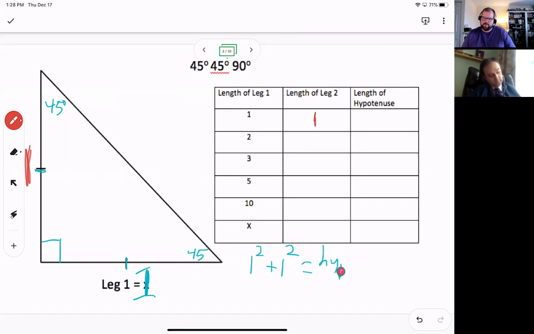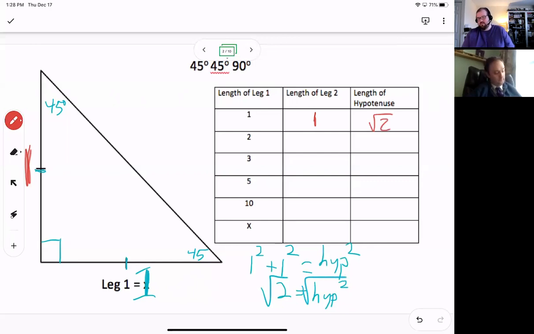Cool, I like it. And everybody knows that 1 squared is 2. No, I'm kidding. 1 squared is 1, and 1 squared is 1. But 1 plus 1 is 2. So the hypotenuse is 2. Oh, no, the hypotenuse squared is 2. There we go. So then the hypotenuse is the square root of 2, because we take the square root of both sides. Okay, so if I put that up here,